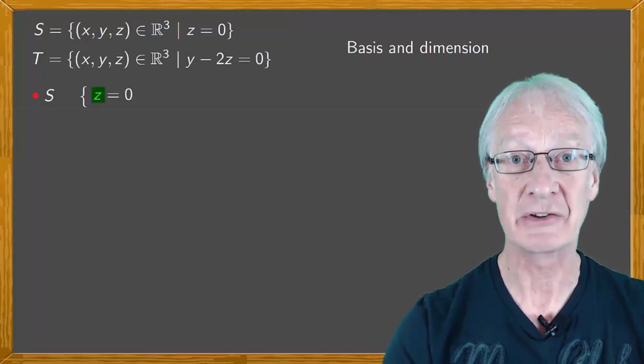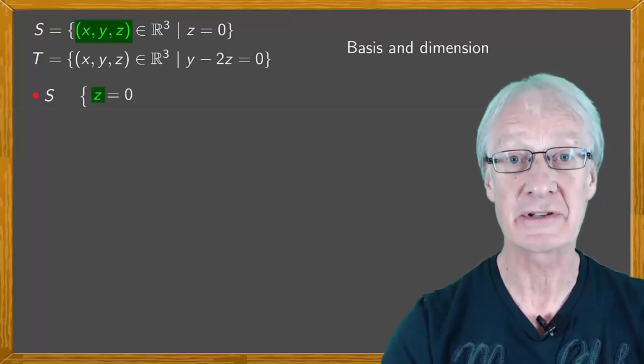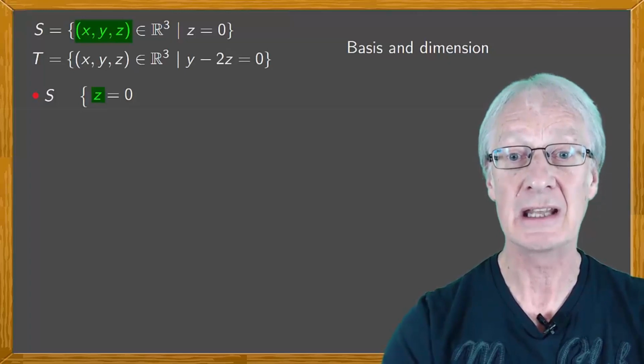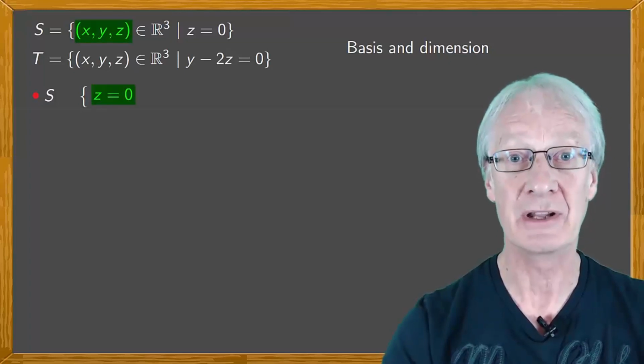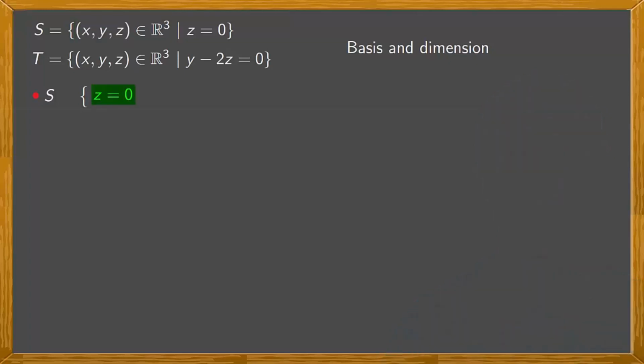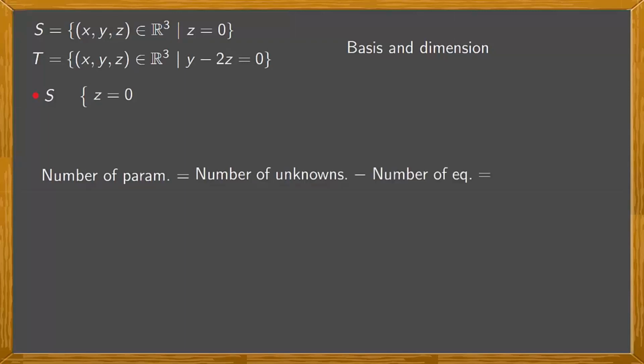But we still have to consider all the unknowns, x, y and z, even though some of them don't appear in the equations. Since we have only one equation, we don't need to use the Gaussian method to reduce the equations. We have that the number of parameters equals the number of unknowns minus the number of equations. In this case, the number of unknowns is 3 minus the number of equations, 1, so that we have 2